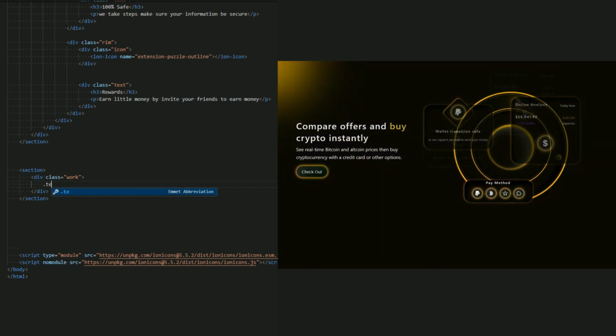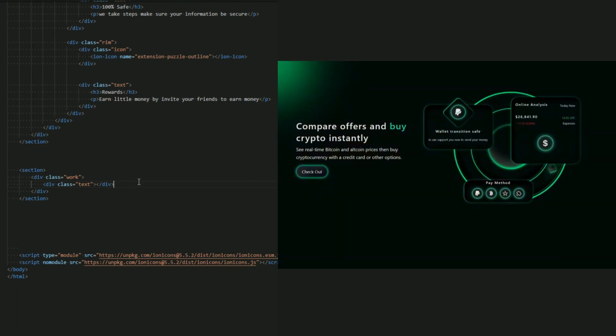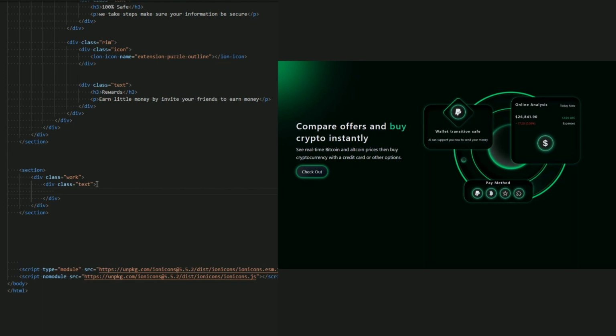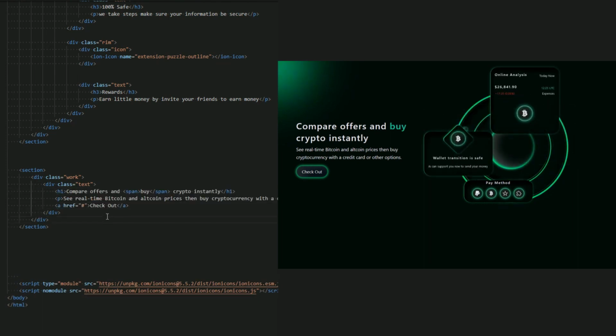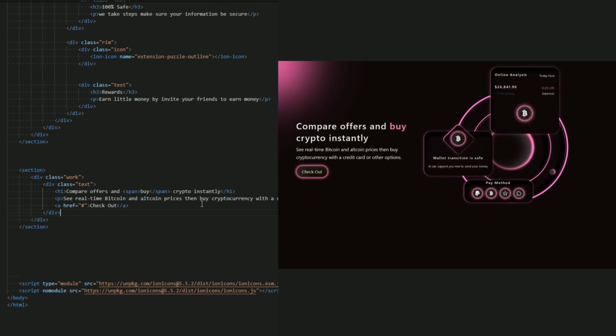So text, and let me just copy and paste it to go fast in this style of the CSS, to create a style of the CSS and more explaining for this animation. So this is a text.